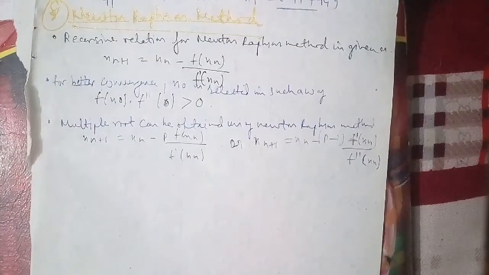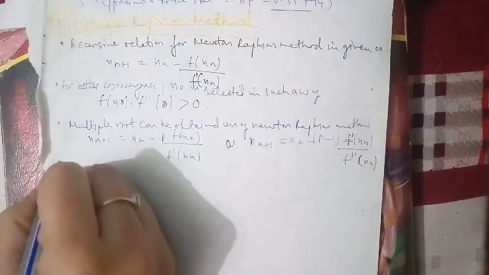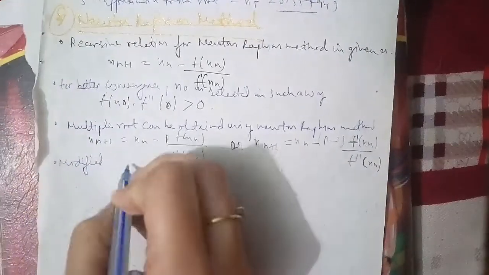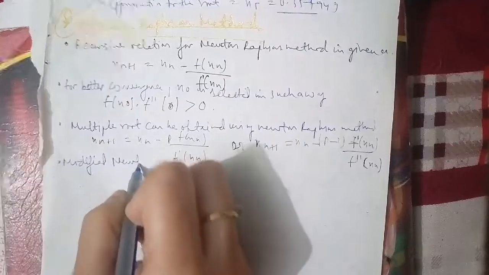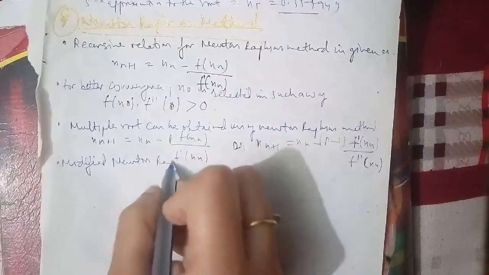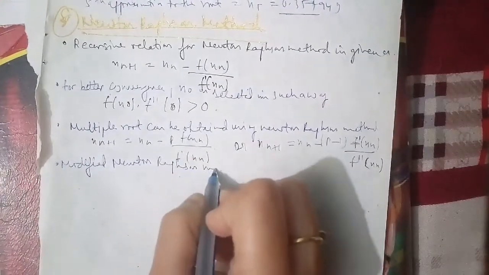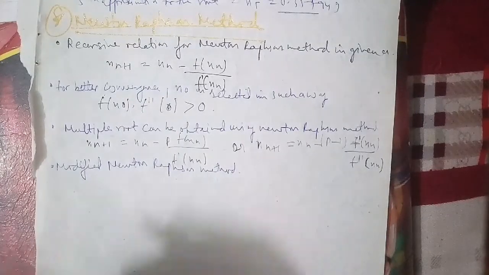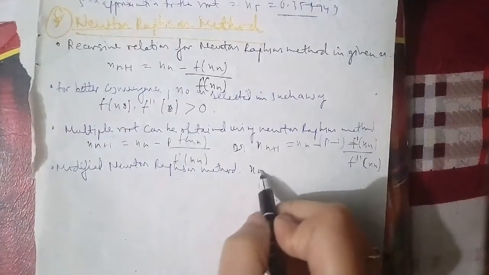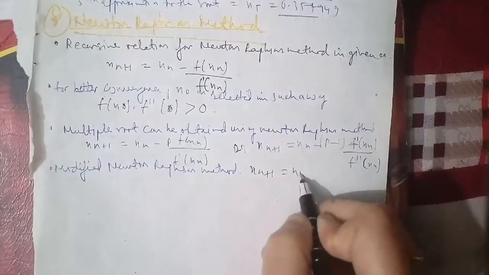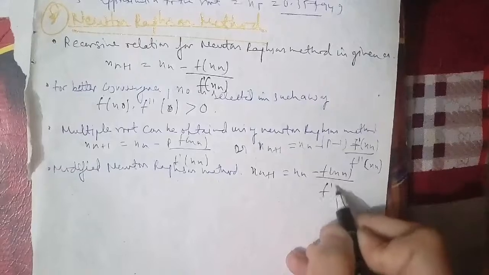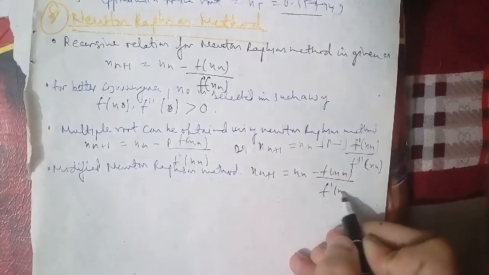The modified Newton-Raphson method is x(n+1) equals xn minus f(xn) upon f dash (xn)